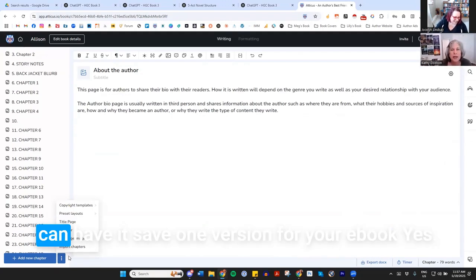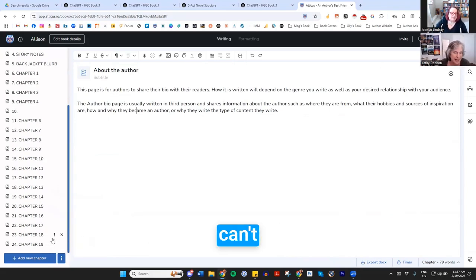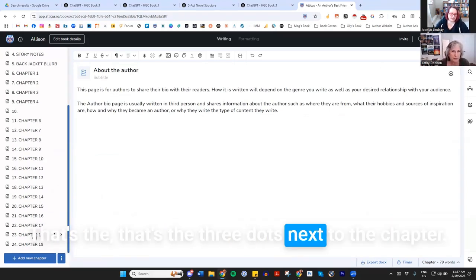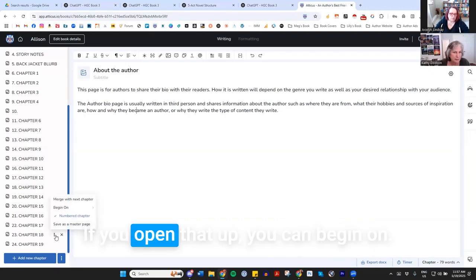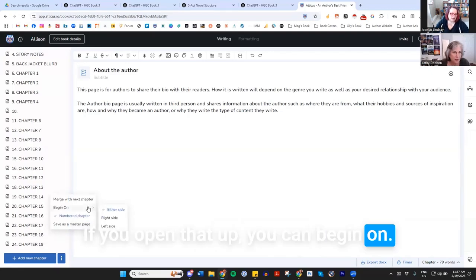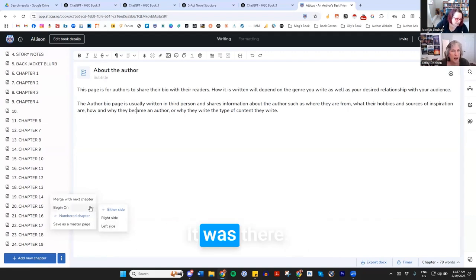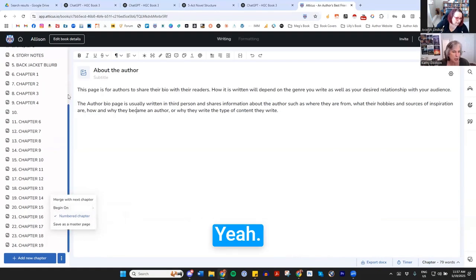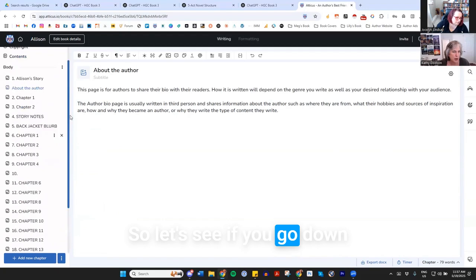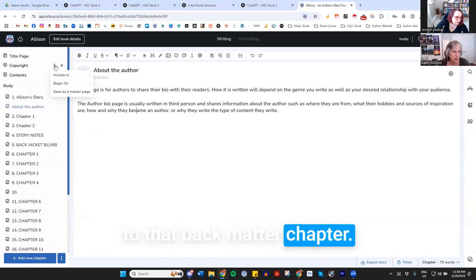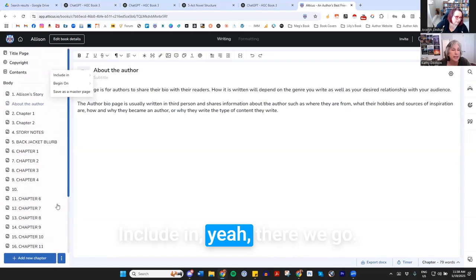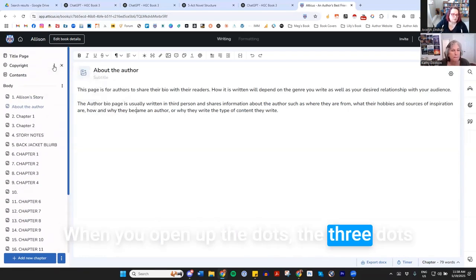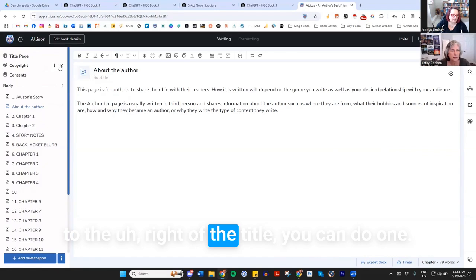there's a way that you can have it save one version for your ebook, and another version for your print. That's the 3 dots next to the chapter. I think it's mostly for the front matter and back matter. If you go down to that back matter chapter, include in. Yeah, there we go. Now, when you open up the 3 dots to the right of the title,